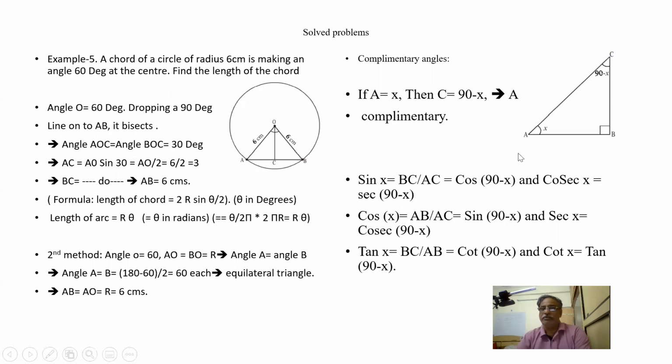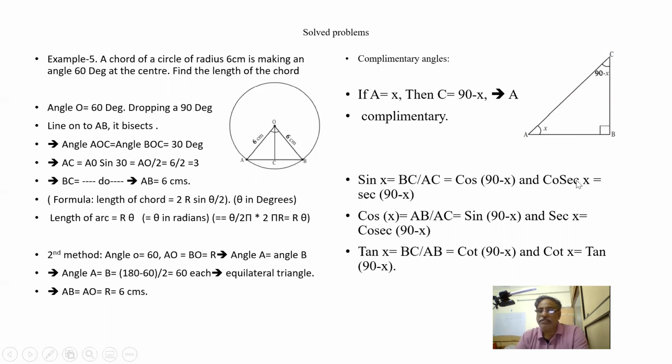Okay. Now let us come to complementary angles. Suppose this is x. What is sin x? Sin x is equal to BC by AC. What is cos 90 minus x? Cos 90 minus x is adjacent side by hypotenuse, BC by AC. Why is it 90 minus x? Because this is x, this is 90, so the angle here is 90 minus x. These two are complementary; the sum of these two angles is 90. The triangle's angle sum is 180, 90 plus 90. So if this is x or a, this is 90 minus a. So sin x is equal to cos 90 minus x.